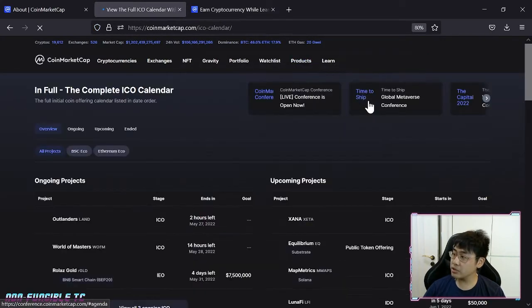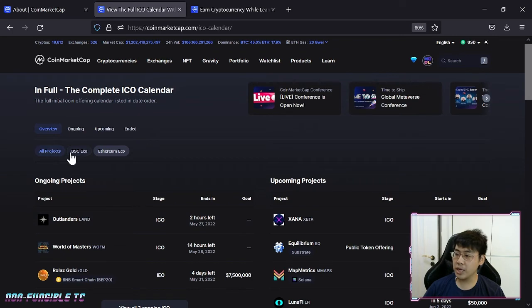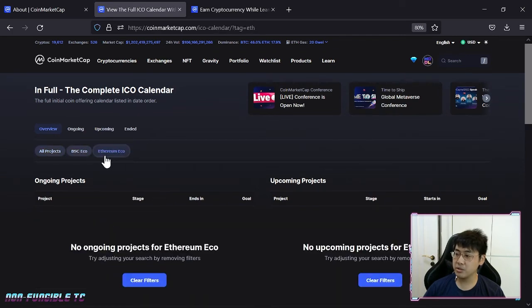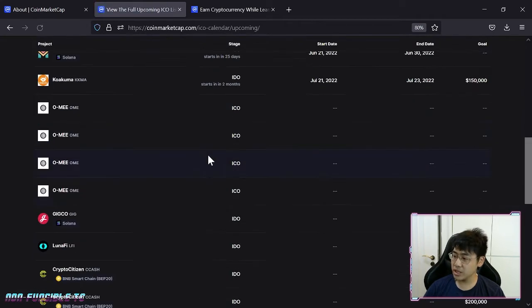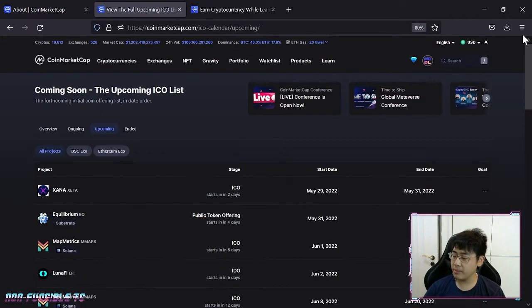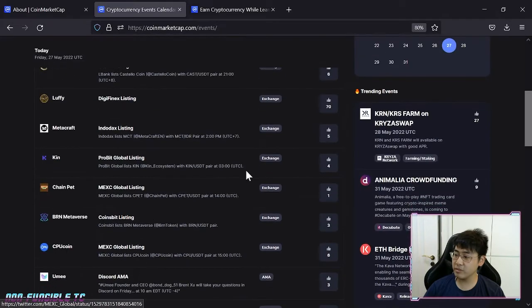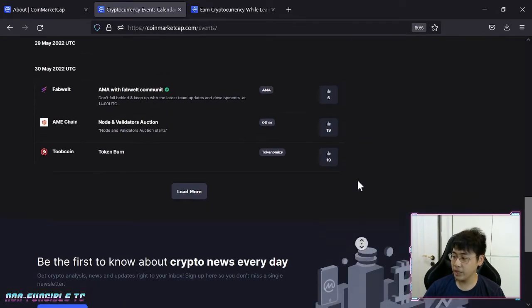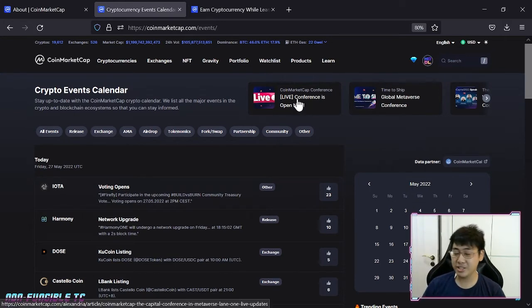ICO calendar, quite interesting, is that it shows you the upcoming ICO, initial coin offering, right? And it gives all projects, Binance Smart Chain ecosystem, Ethereum ecosystem, ongoing, upcoming, and then ended, right? So if you're interested in ICOs, you want to buy crypto cheap in these early rounds, then you can do that in CoinMarketCap. And they also have events calendar, so basically different types of events by different protocols will show up here, right? So there is actually a lot of resources in CoinMarketCap, and this is quite a long video